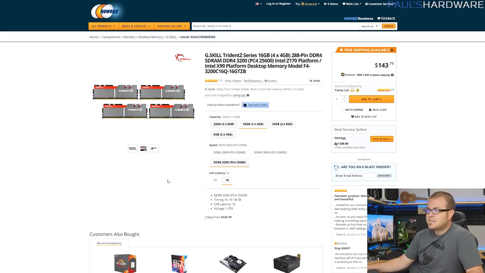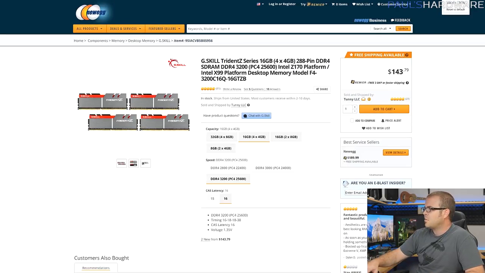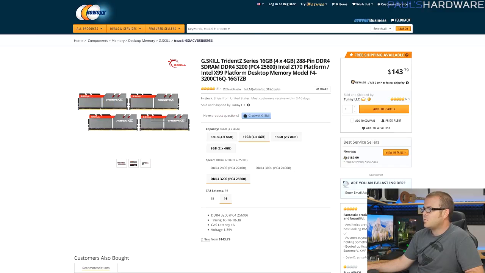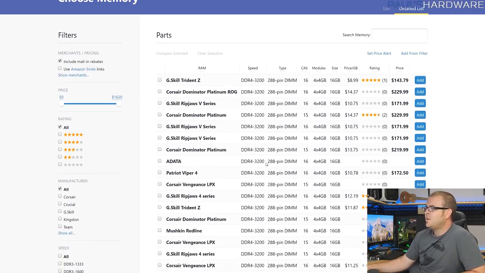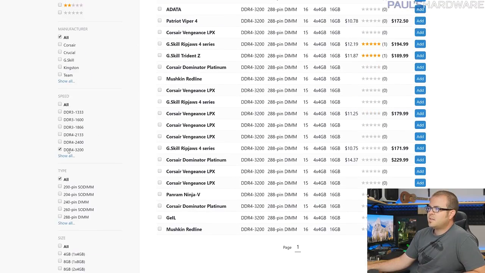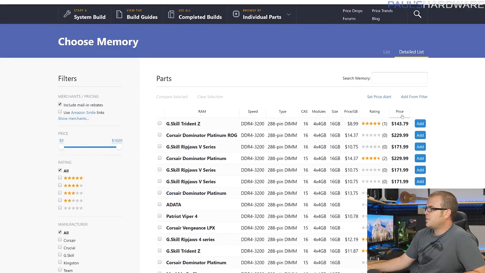I just wanted a 16 gig kit, which in my opinion is kind of the bare minimum you should go for if you actually want to support quad channel memory on the Threadripper platform. This is a 3200 speed 16 gig kit that was chosen from a parametric filter. So it is G.Skill memory, of course, and we have a fairly reasonable idea that this should be compatible as far as running at a higher speed, but I want higher speed memory, so that's why I ruled out anything below 3200 speed. So if that's all you're looking for, a 16 gig kit and DDR4 3200, you can just